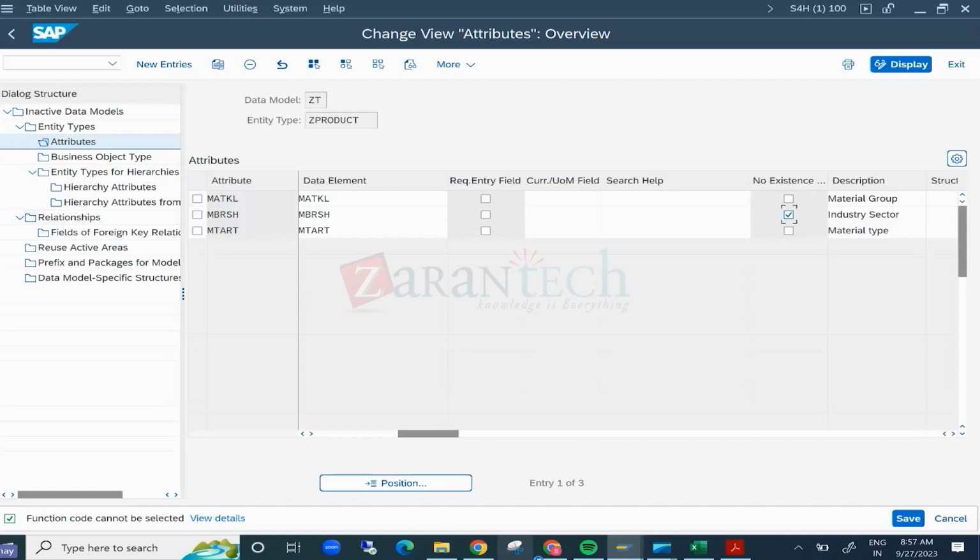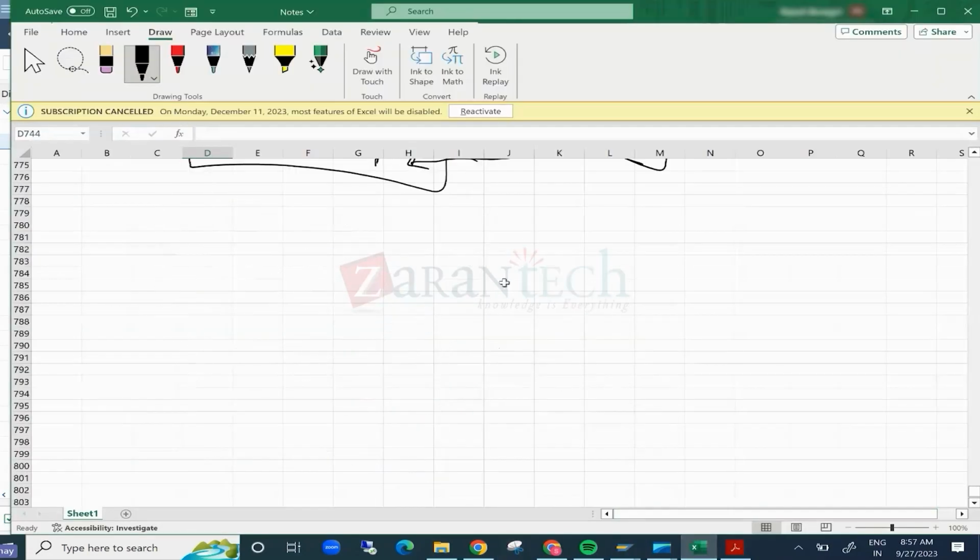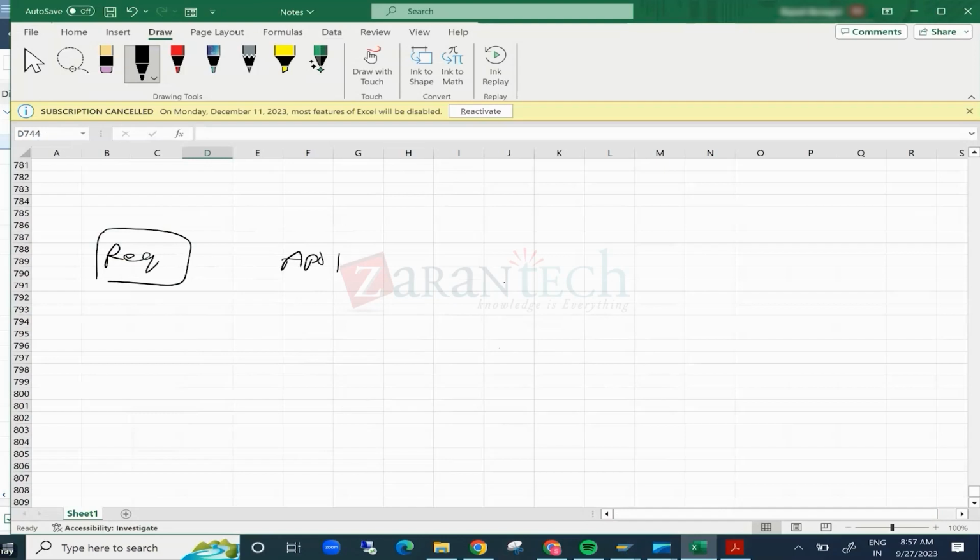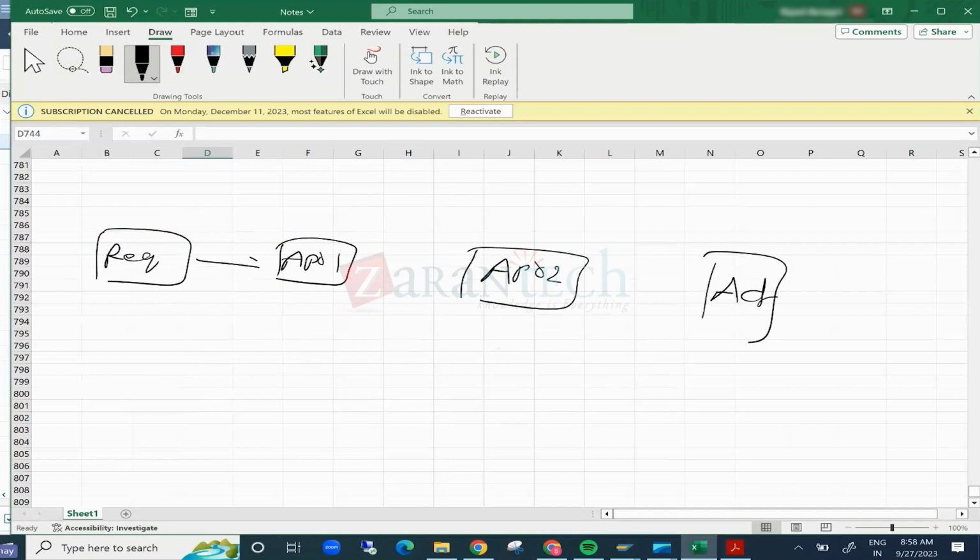So you need to design your workflow in such a way that, okay, you have something like a requester, approver 1, approver 2, and then you have something called the activation process. Okay, so you can